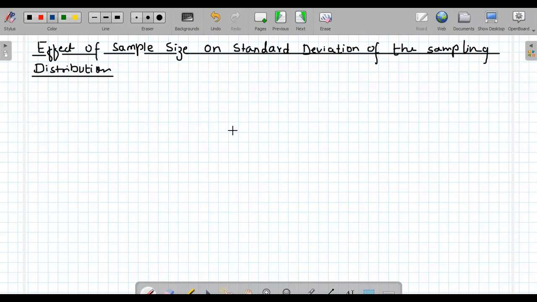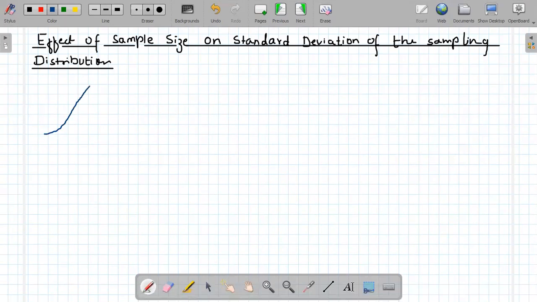In that lecture, we have seen that if we draw the samples from a normal population, no matter what the sample size is, the sampling distribution of sample means is always normal in shape. Today, we will discuss the effect of sample size on the standard deviation of the distribution. So let's begin with drawing the samples from the normal population with a mean of 100 and standard deviation of 25. Suppose this is a normal population